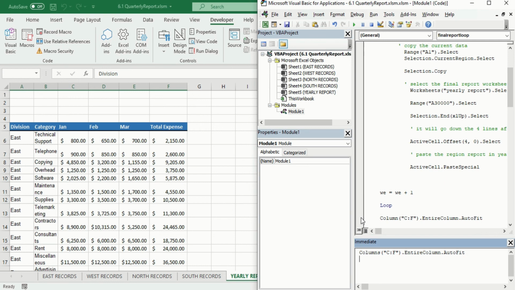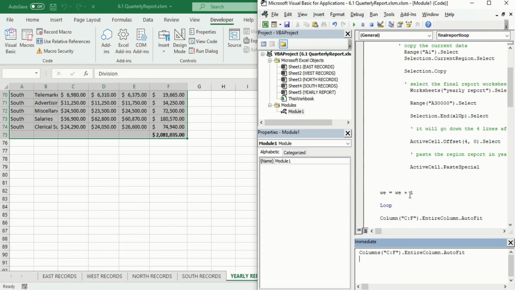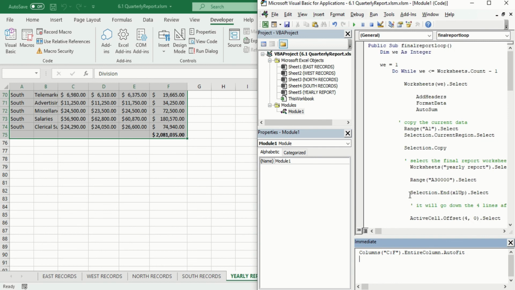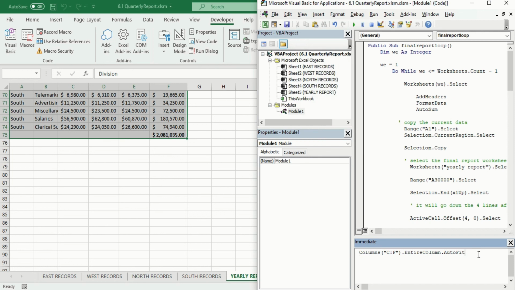So kindly remember, do not in the end write the column code and do not create a loop again, because it will create a disaster for you, because it will again run the macro and copy paste each and every one of them, and it will make a lot of disaster for you. So just a kindly reminder that if you miss something, always go for the immediate window. You will find it in the view section, and you can also press Control and G, that is a shortcut for it, and click on the immediate window and enter that thing. If you do that, you will see everything is out of it now.